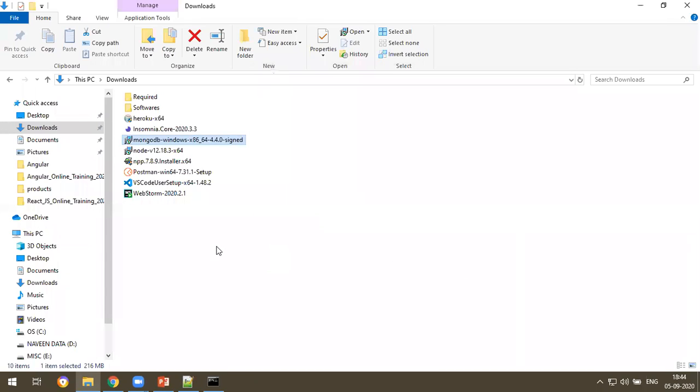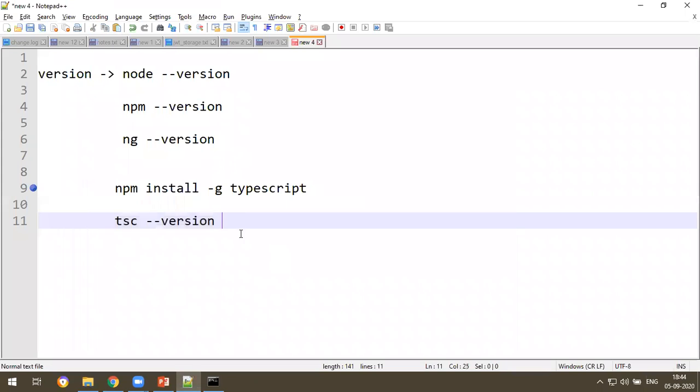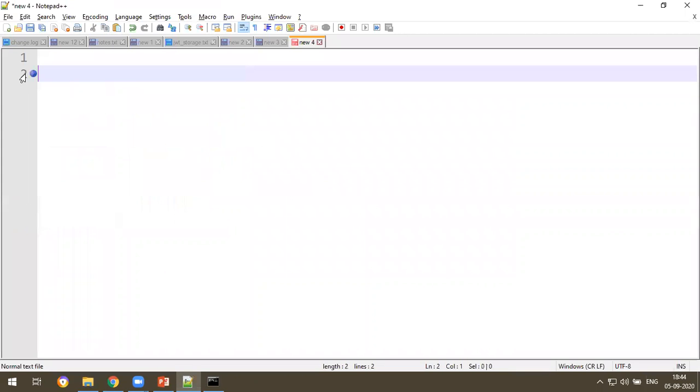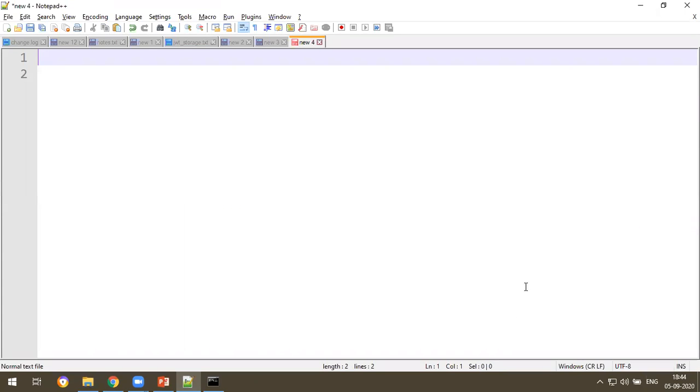Finish. Once you are done with the MongoDB installation, you need to do some small step. What is the step? Once you're done with the MongoDB installation,